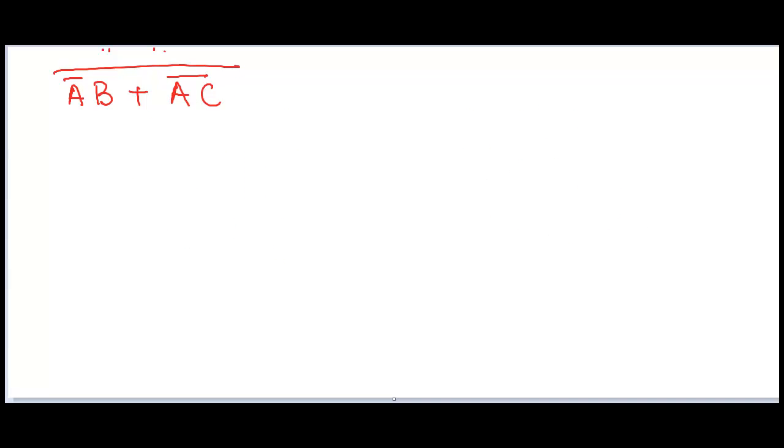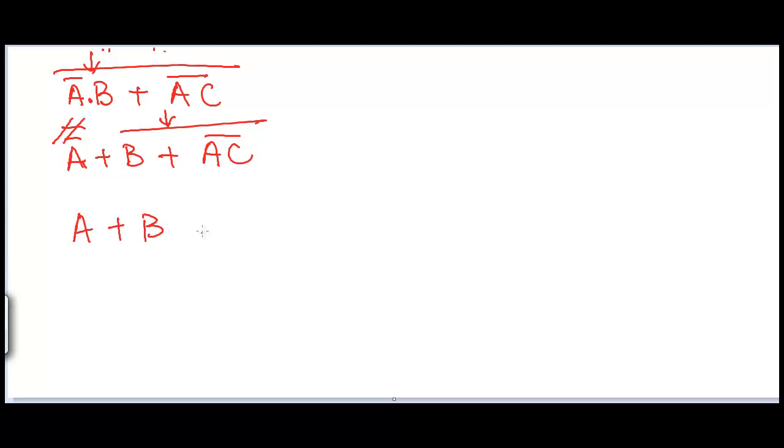Okay, so let me quickly solve this also, right? So the rule is just break over the operator. If you have a bar over the operator, just break it. So this is going to become what? A double bar plus (b plus ac) whole bar, right? Now we can break over this operator, and because these are two bars, these get cancelled out, so we have a plus b, and now this becomes dot because we've broken the bar, and we are left with ac with a double bar. So these two cancel out, so we are left with (a plus b bar) dot ac.